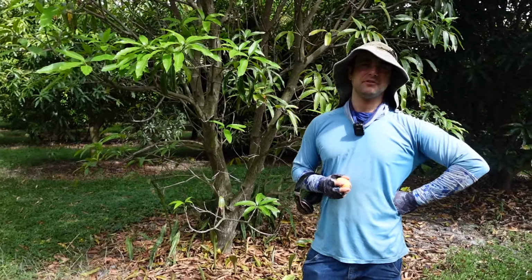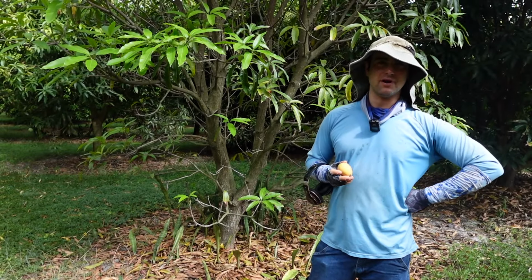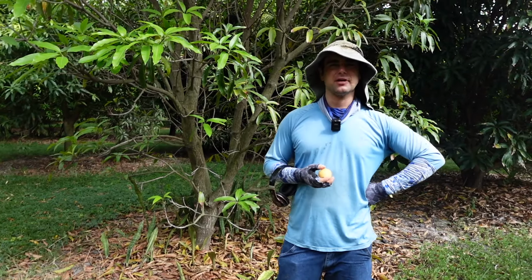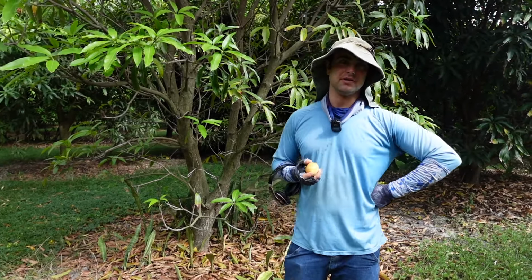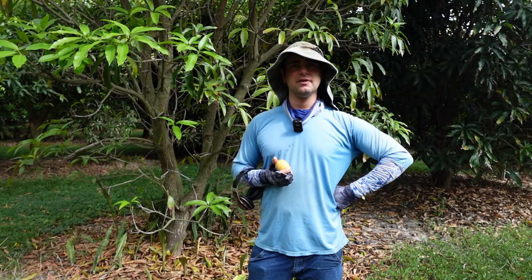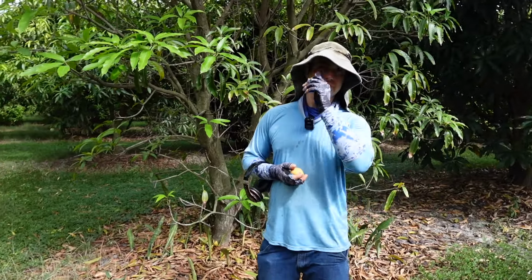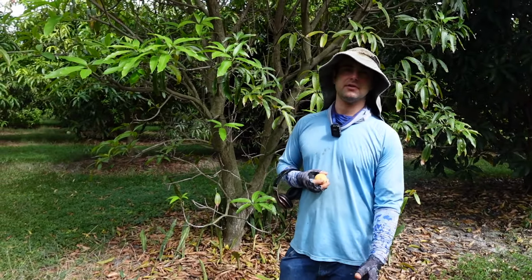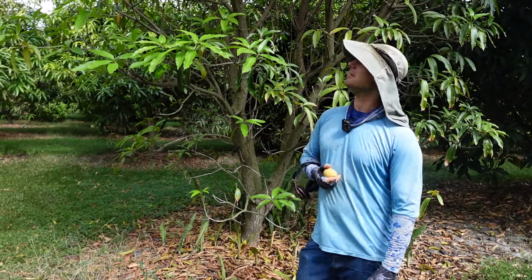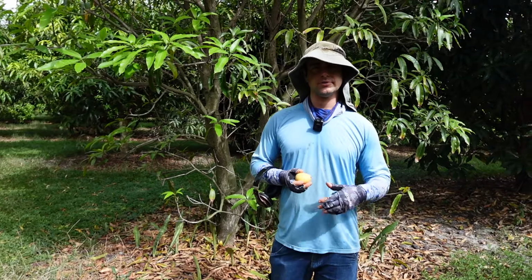And that was the experience of other people that I know that either grew or grow this variety. And so probably in other countries, including Thailand, obviously, this mango is more likely to fruit in the off season than it is here. This tree's pretty mature at this point, so I would expect it to have fruited in the off season by now if it was going to do that with any regularity. And it simply doesn't, but it does make summer crops, and it does make pretty good crops in terms of